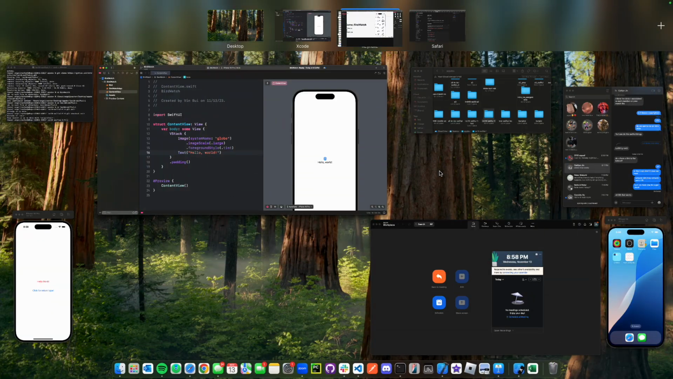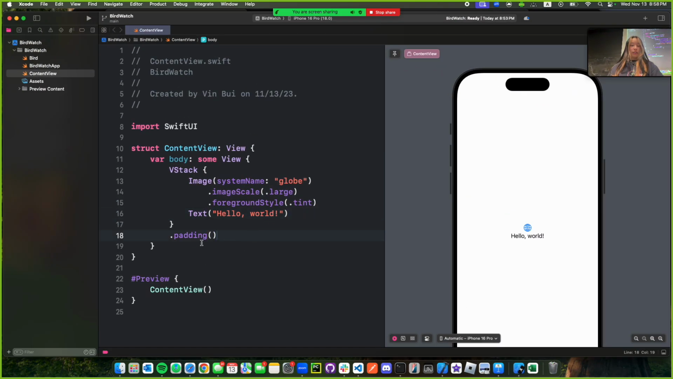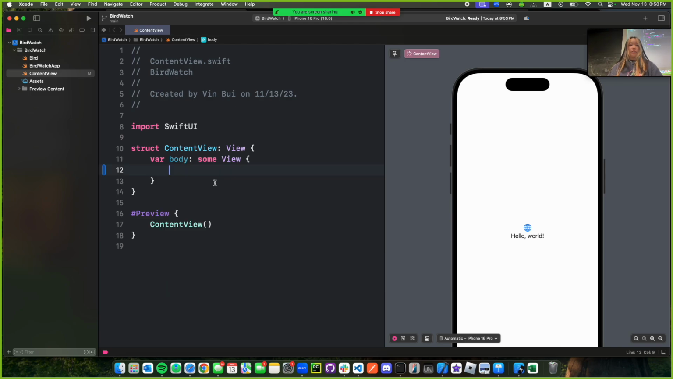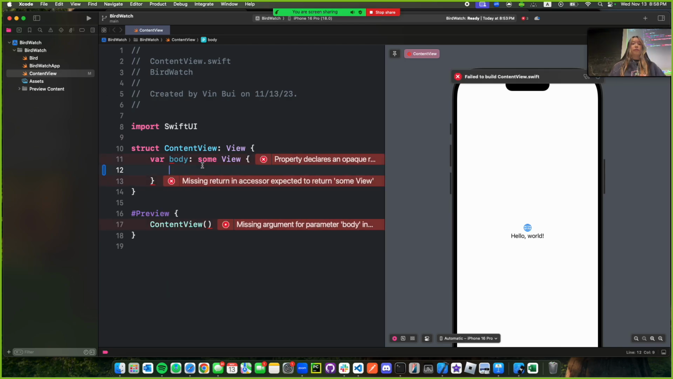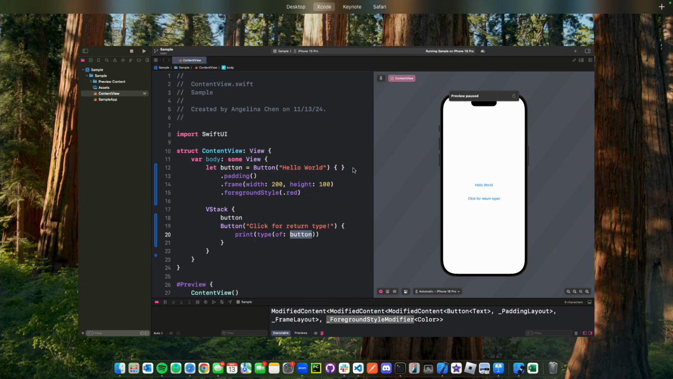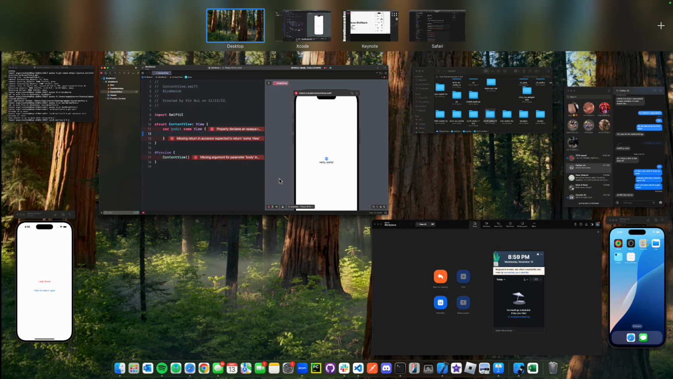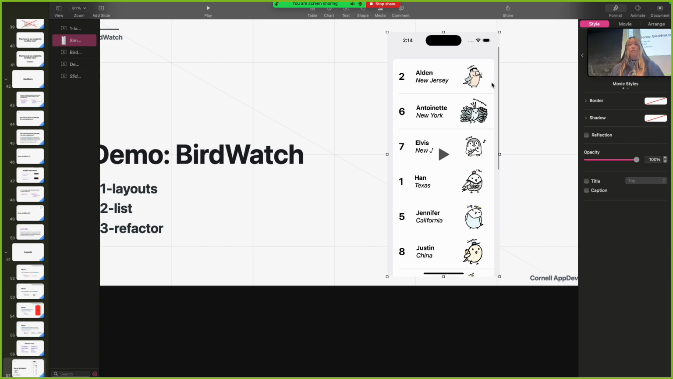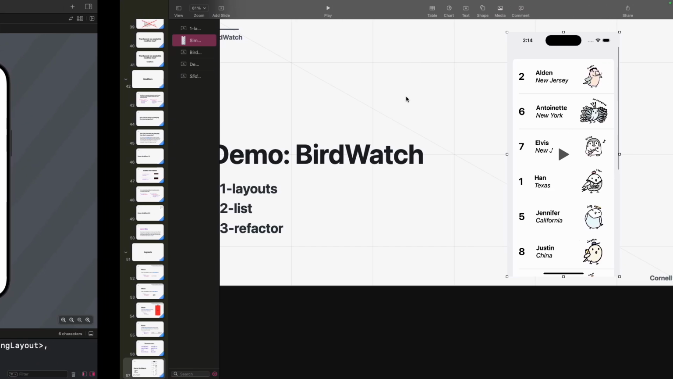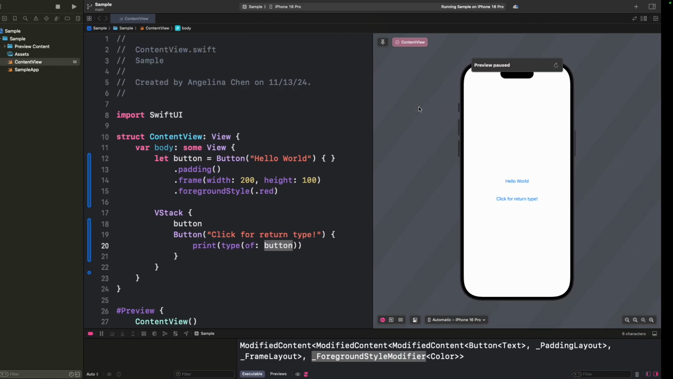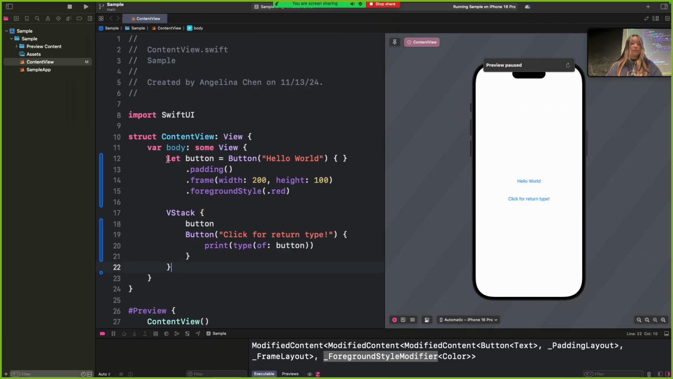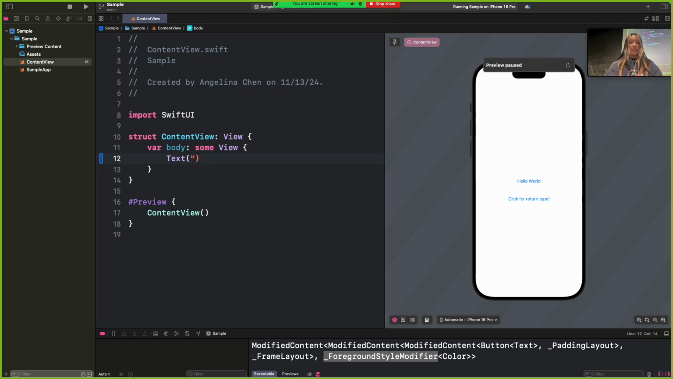So let's go back to the code. We're just going to restart all of this and start with just the basic body. We're going to be in our content view, and looking back at the slides, we're going to start off by making one row of this bird. Let's use Antoinette as an example. Right here we can see the number 6, and we need Antoinette's name and her location as well. To do that we're going to use the text view. So let's make 3 text views to start off. We have the number 6,